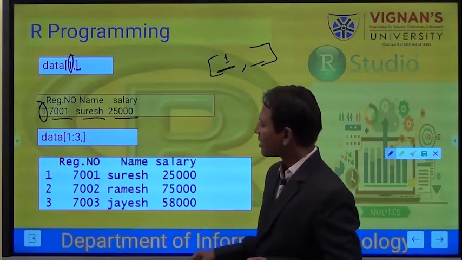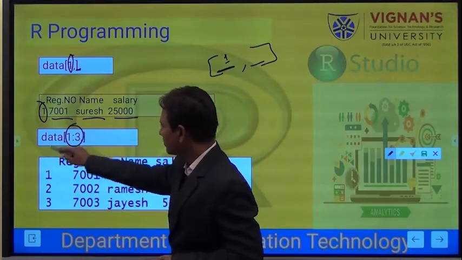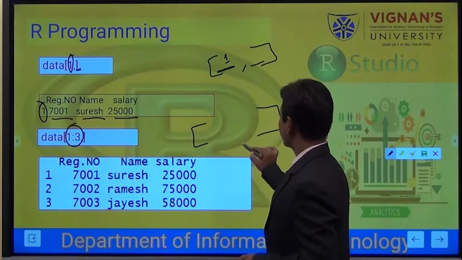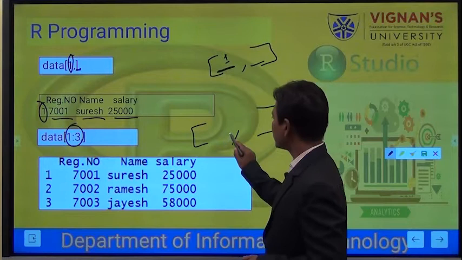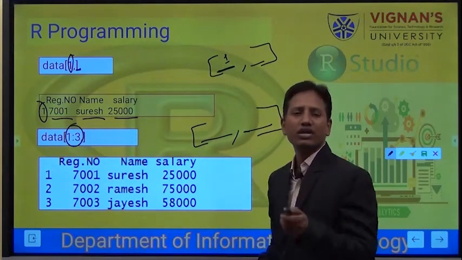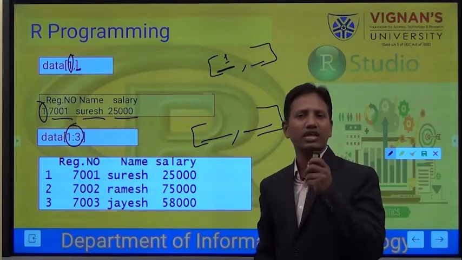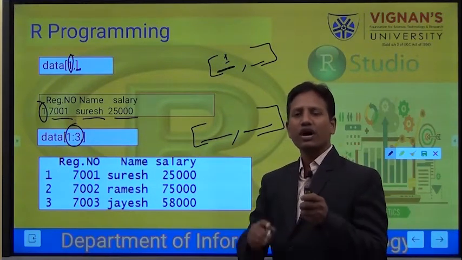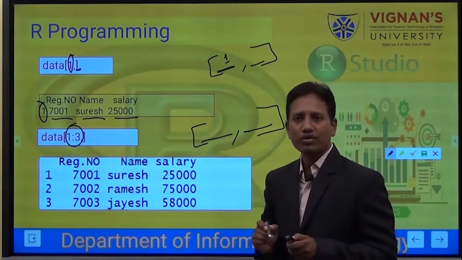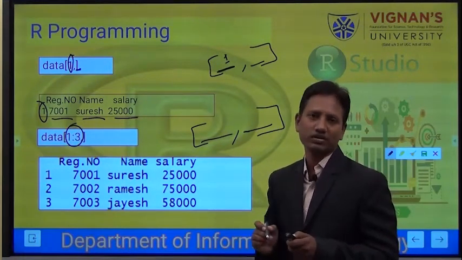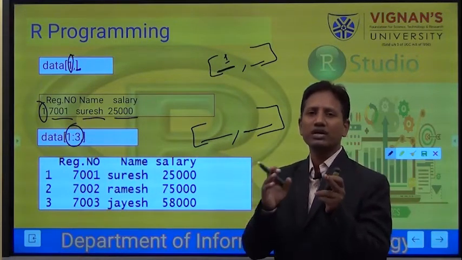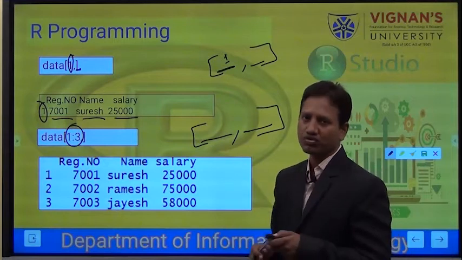And in this example, see this. This is my row place and this is my column place. While you are learning vectors, you might have learned that in accessing we have a colon operator. What is the purpose of this colon operator? This is a range operator. It gives us a starting point and an ending point, and it's going to pick the range of values.